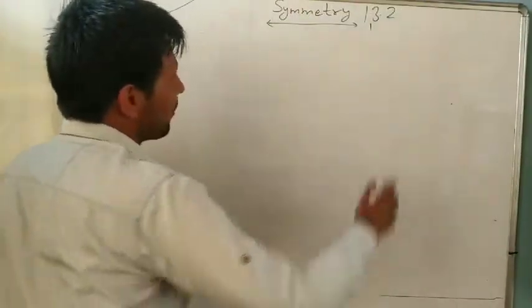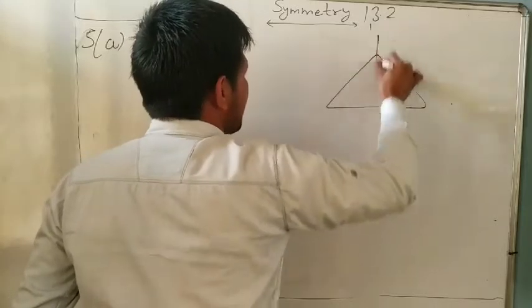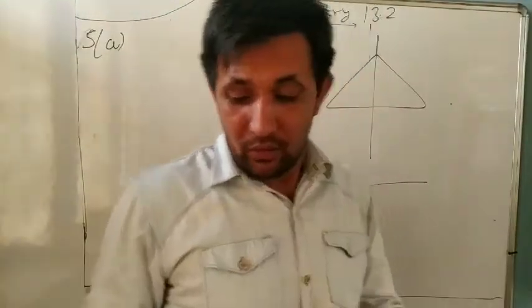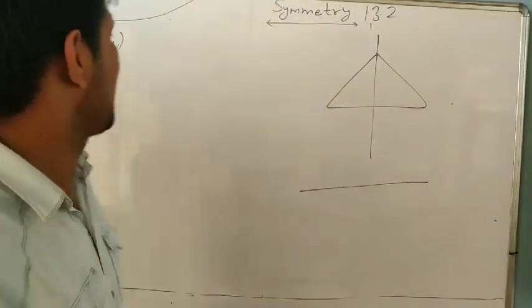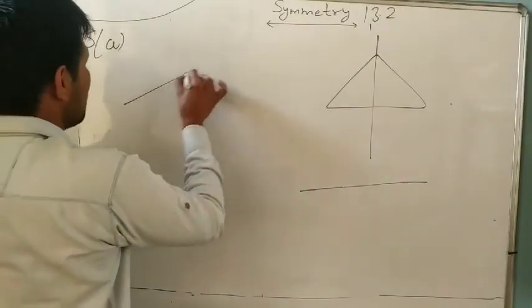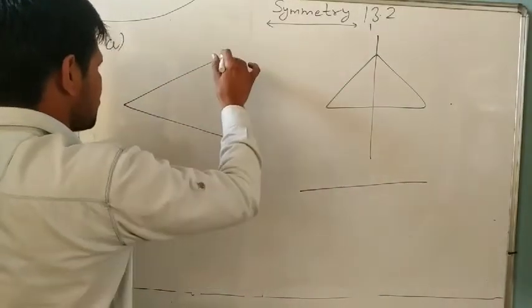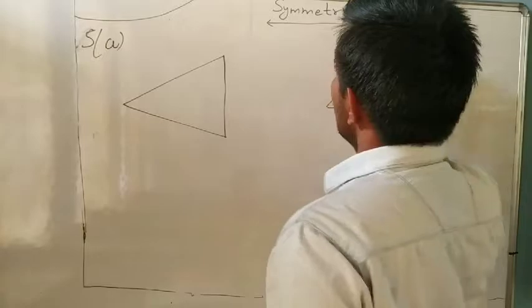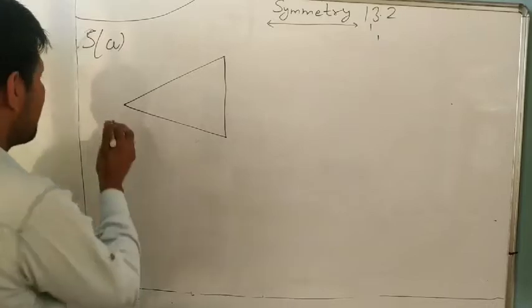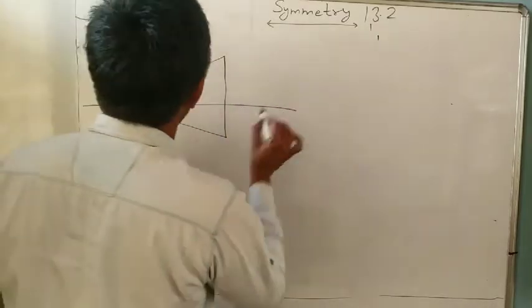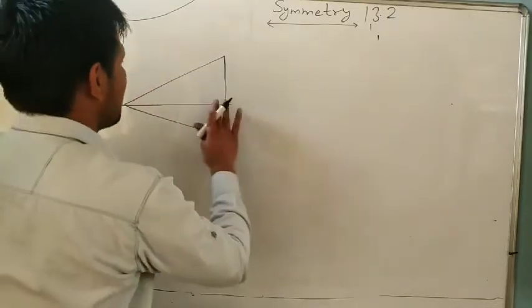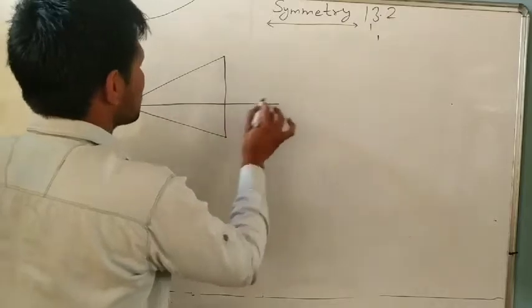Horizontal. Yes, everyone knows there is vertical line and horizontal. This one is horizontal. Now you have to make a triangle which has only a horizontal line of symmetry. So we will make it like this one. Yes, is it a triangle or not? And in the A part we have to find only horizontal. Yes, vertical is no line of symmetry, but horizontal is a line of symmetry or not? Upside and downside both are equal. Make an isosceles triangle. Okay, maybe it is not. You will say, sir, it is not isosceles. I know, but because I am making it roughly.